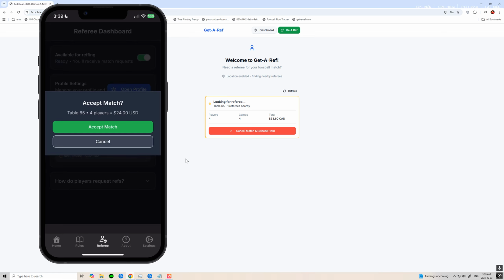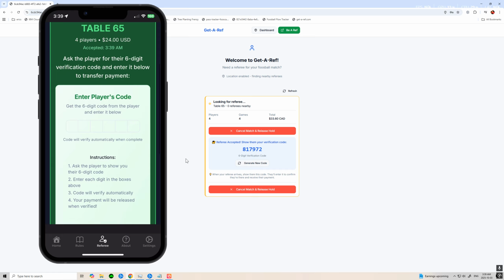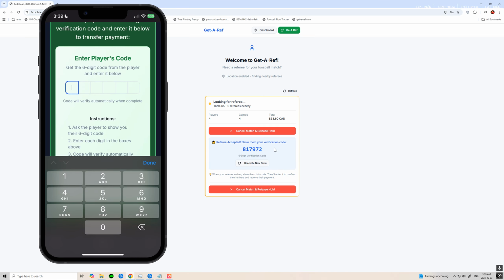So I can accept this. I'll accept the match. Jenny's agreed to accept the match, but she's not paid yet. Jenny only gets paid when she shows up to the actual table and gets the code that only the player has. The player is given a 6-digit code. Once the ref shows up to the table, the player can give the ref the 6-digit code. The ref then enters the 6-digit code because she has shown up and is ready to ref. So it's